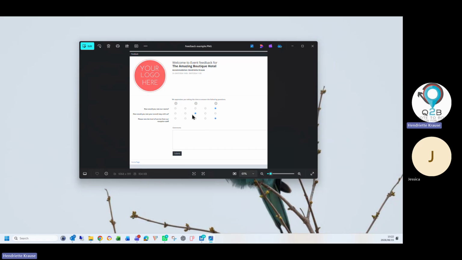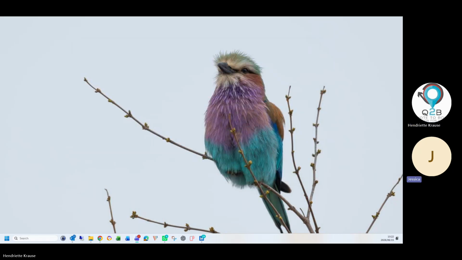Okay, so can you see that example? That is how the feedback goes out with your branding. It says your name and asks your questions, and then the customer can select 1, 2, 3, 4, 5. So 1 is a sad face, 5 is a happy face. Okay. Cool.